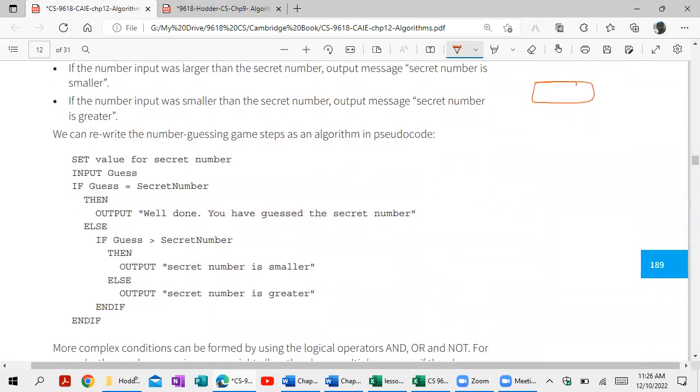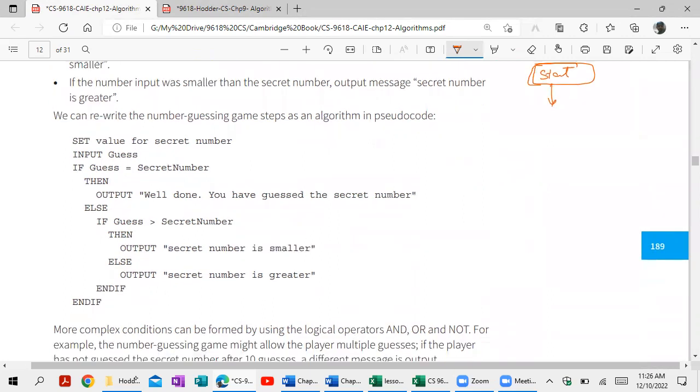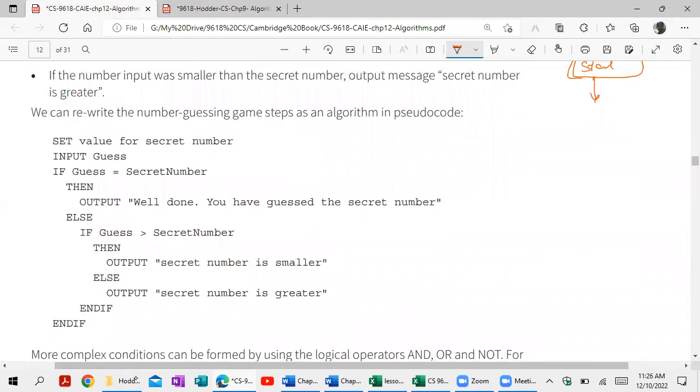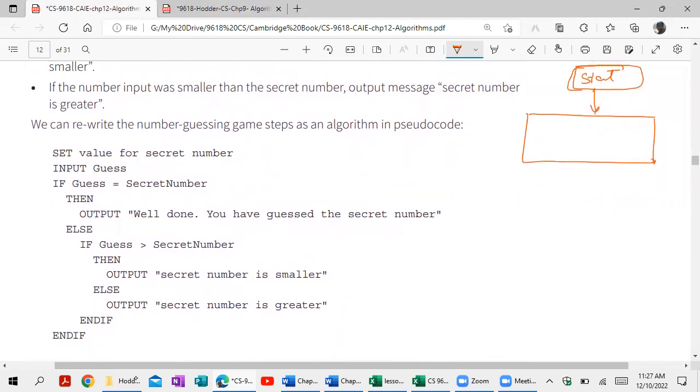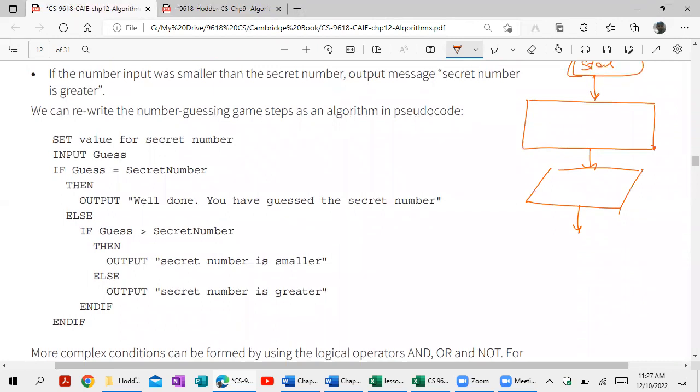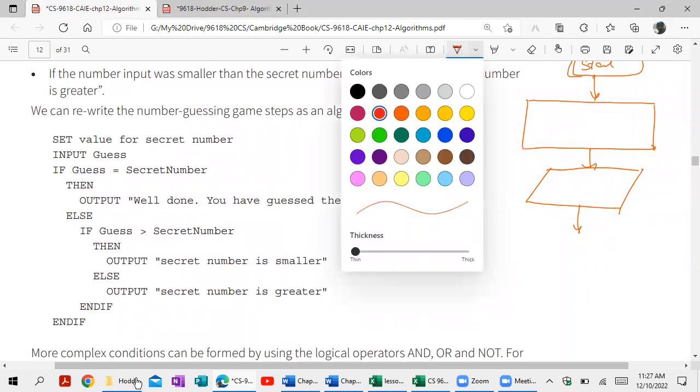so we have over here start, okay, set the value, it's a process. You remember this program, we made it. Yeah. Set the value for the secret number, then input the guess, this is a decision, and how do you